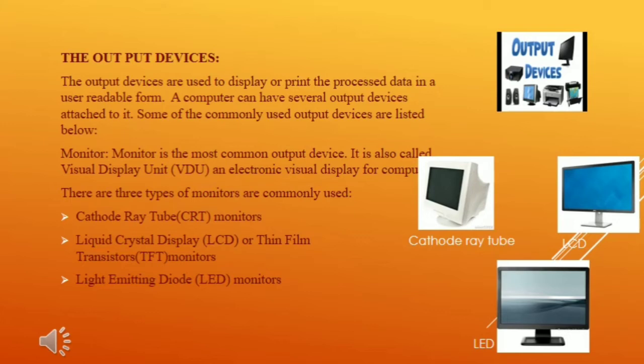Here you can observe the difference between LCD and LED. LCD: power consumption is more. It has a slower response time. Sizes available are 15 to 65 inches. Color accuracy is more and it can be extremely slim. Whereas LED monitors: power consumption is less. They have a faster response time. Sizes available are 17 to 70 inches. It cannot be extremely slim.